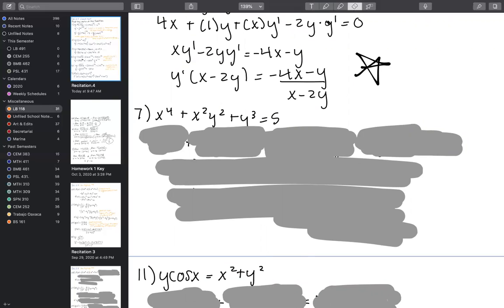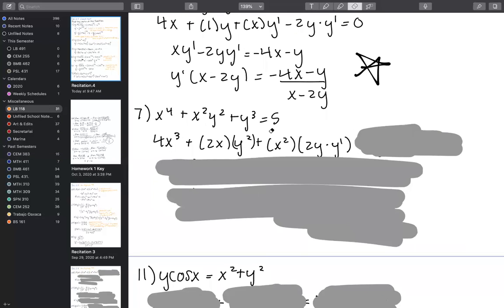All right, so x to the fourth is going to be just a variable, so 4x cubed. Now we're going to do the product rule again. We get x squared plus y squared, which derivative of the first is going to be 2x times the second, so we're not going to take the derivative in this case, I misspoke. So derivative of the first times the second plus the first times the derivative of the second. And this is going to be something that you just kind of whip out and you don't even think about the more that you do these problems, because y squared is always going to be 2y prime. And so this will become something that you see pretty often.